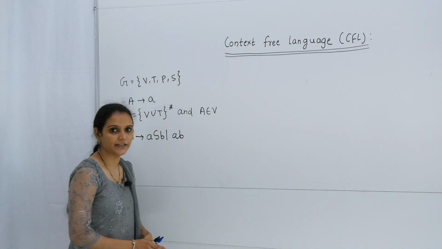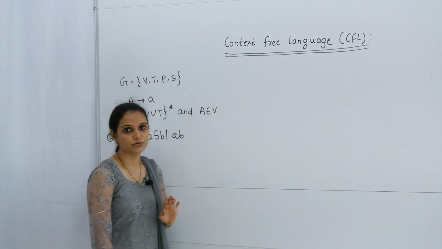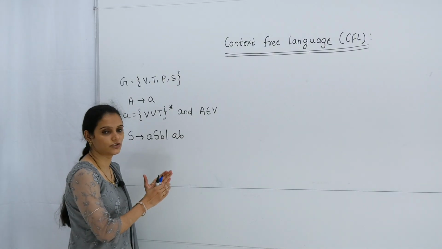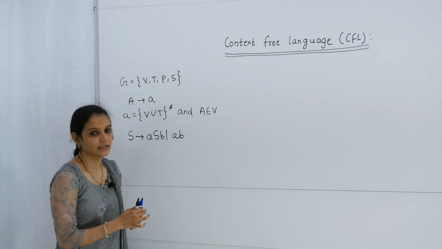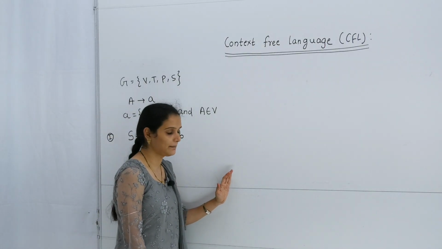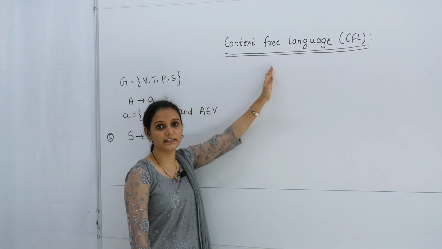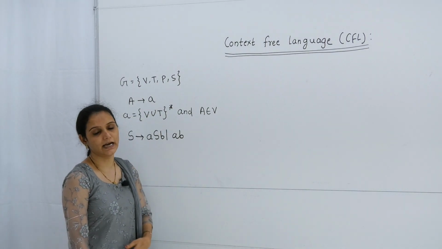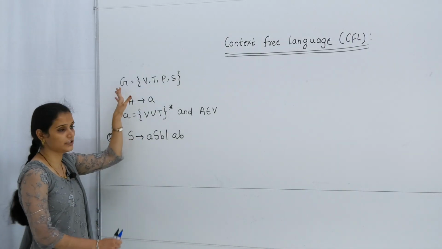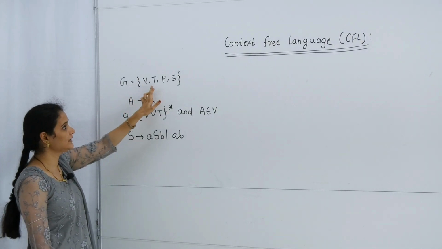So after derivation tree we will move towards our next point, which is the context free language. So students, what is context free language? Here we have seen in the first lecture of third unit, that is the grammar. After grammar we have seen the regular grammar. The regular grammar can generate the regular language, and the language which is derived from the context free grammar, that particular language is called a context free language. So here we have seen the definition of the grammar, that is grammar is derived by using the four tuples, that is V, T, P, S.